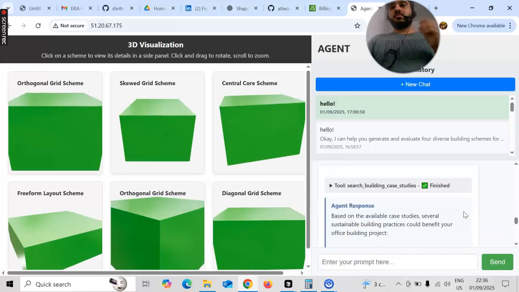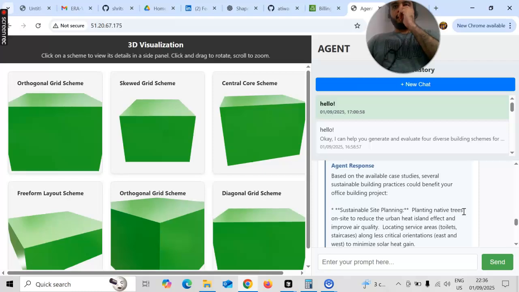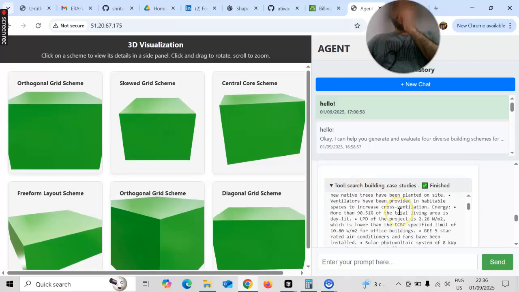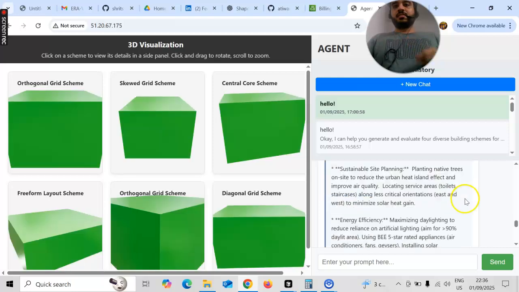Now it looked for them, right? It basically read the PDFs that it was updated with. And here,